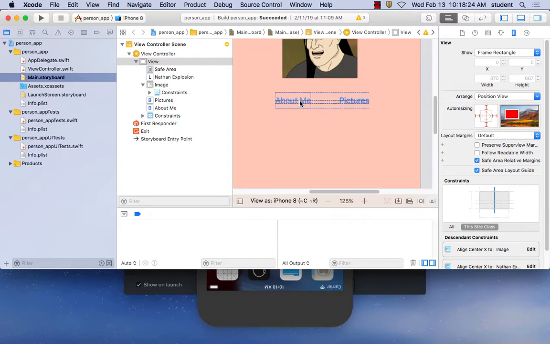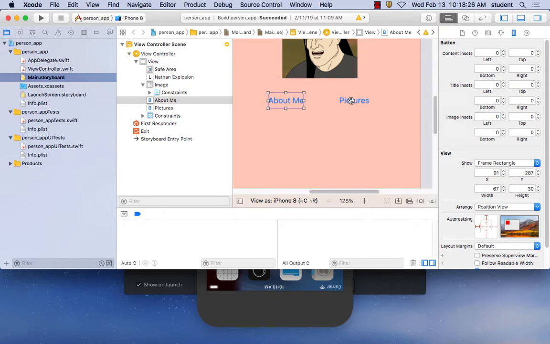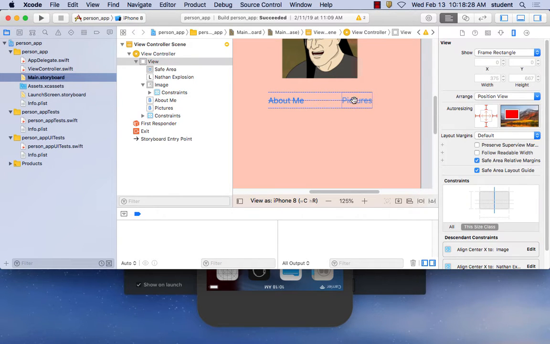So we have an About Me and Pictures. Two buttons. Again, it doesn't know where they are in space right now. So one of the problems you run into is that once you start adding things, it doesn't know where it needs to be in space. That's sort of what the auto